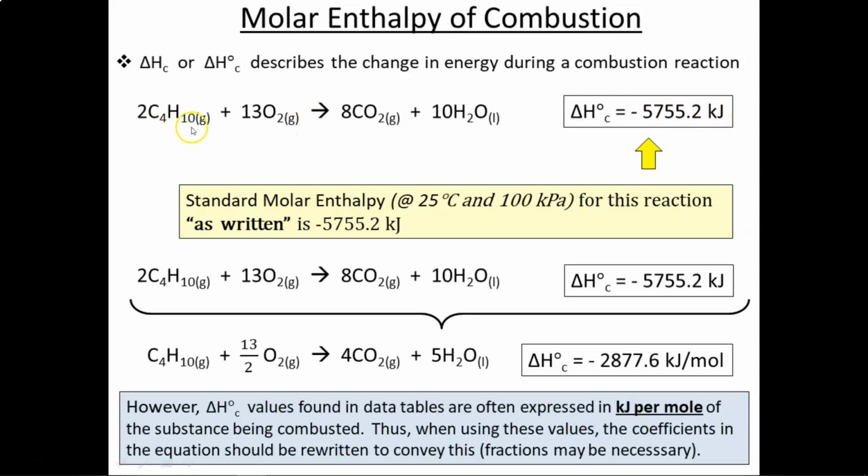All right. So as written, you need to burn 2 moles of butane and 13 moles of oxygen in order to produce 8 moles of CO2, 10 moles of water, and also negative 5755.2 kilojoules. However,